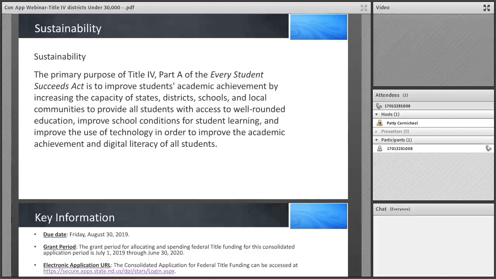We do not know the funding of the SSAE program, so it is important as you build your programs and activities that support students with these supplemental funds, how are you going to sustain those if these funds went away?